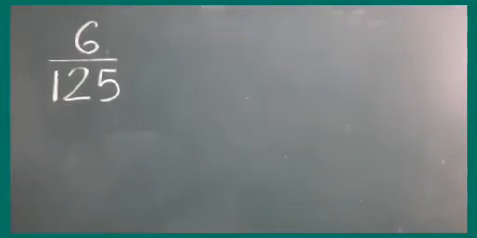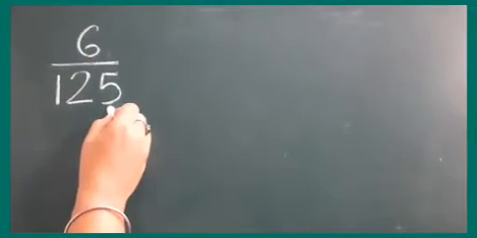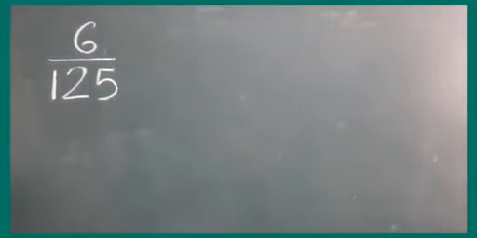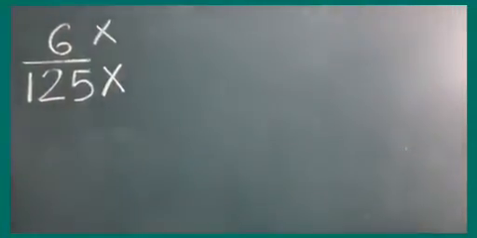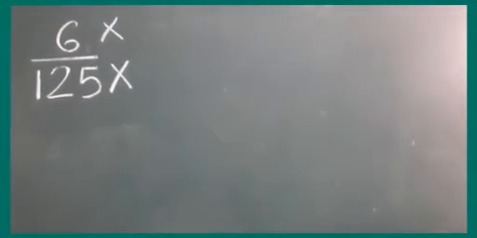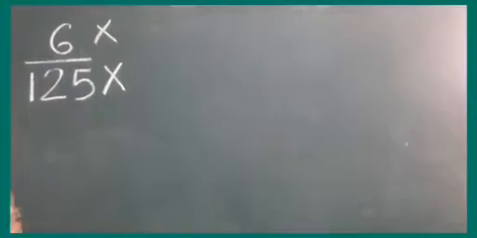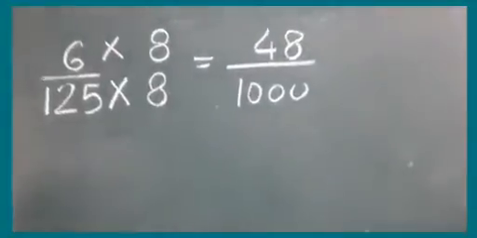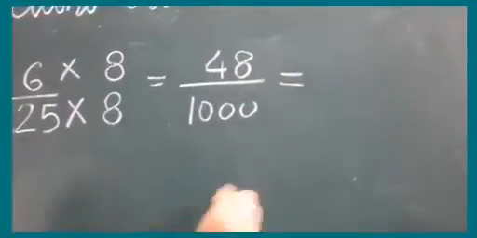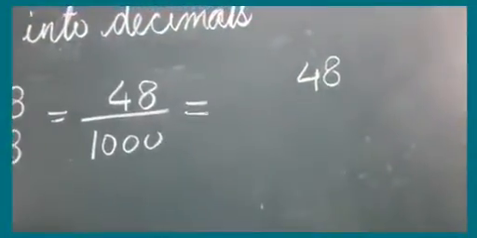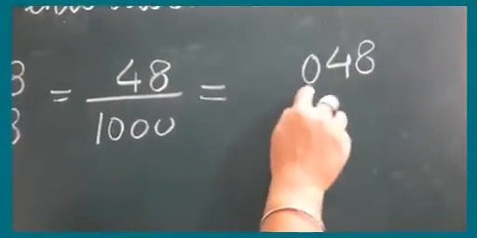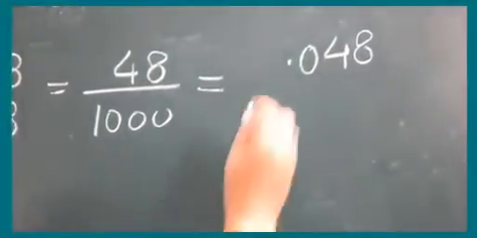Now children, here in this question the numerator is 6 and the denominator is 125. So either we should convert 125 into 1000 or we should divide 6 by 125. You don't know the tables till then, but still you can do it mentally that in the table of 125, 1000 will come at 8. Multiply by 8 is 1000 and 8 6s are 48. Now I have 3 zeros in the denominator. So I will count 3 digits in the numerator from the right to the left. But here I have only 2 numbers. So what to do? I will add 1 zero. Now these become 3 digits and I will put a point over here.